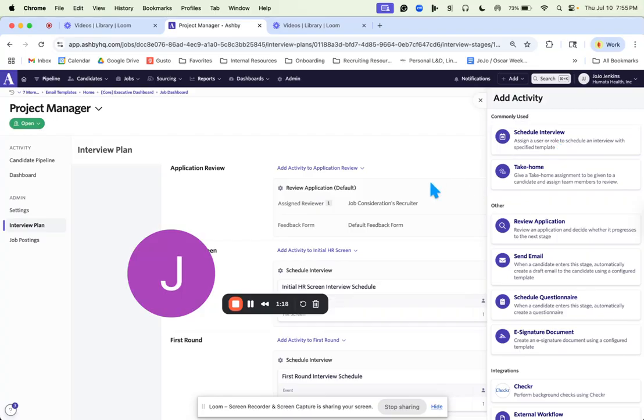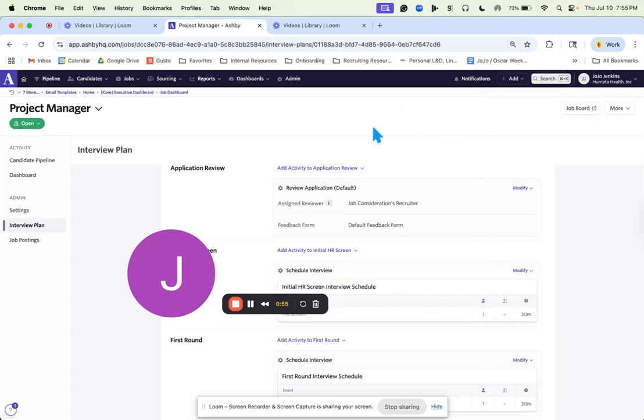So if you moved a resume from application to HR screen, the system, if you wanted to, can automatically send that candidate an email to schedule an interview. There are a lot of templates you have to create and build, right? But once you get it, it just makes everything very easy. And I was able to set up my admin, and I'll go through that in a minute, but I was able to set up my admin